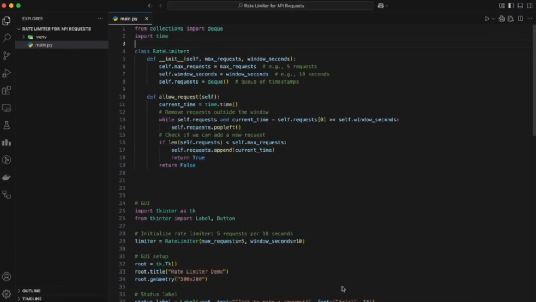Let's get started. We'll use a sliding window approach to track the timestamps of requests in a queue and only allow new ones if we're under the limit. So we start by defining a class called RateLimiter. Our RateLimiter object will be responsible for keeping track of how many requests have been made and whether to allow a new one. Inside the init method, which is like the constructor of our class, we set up the essential